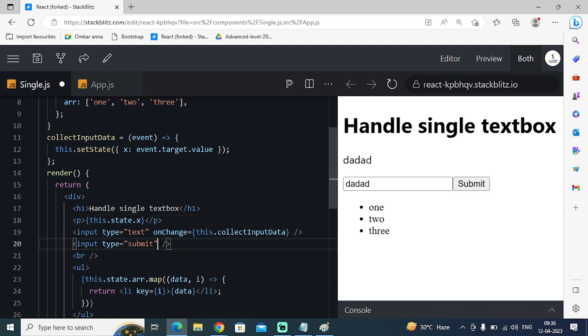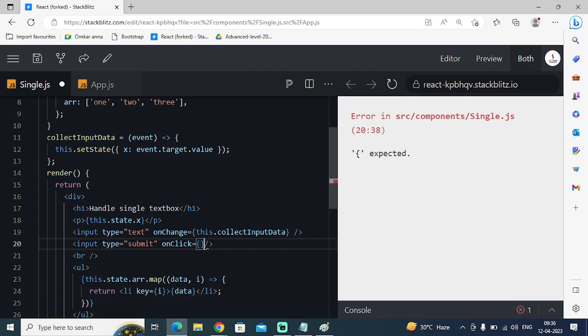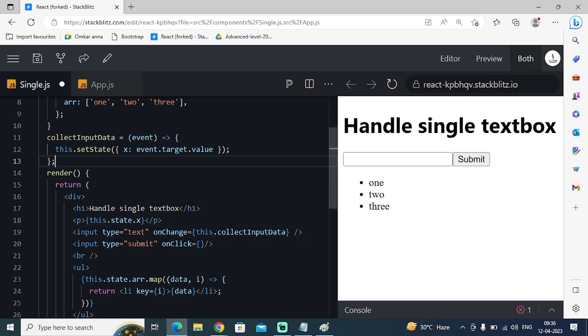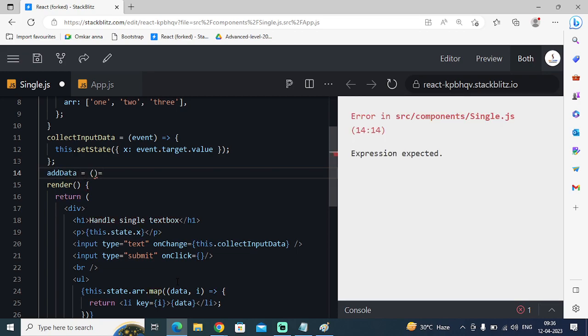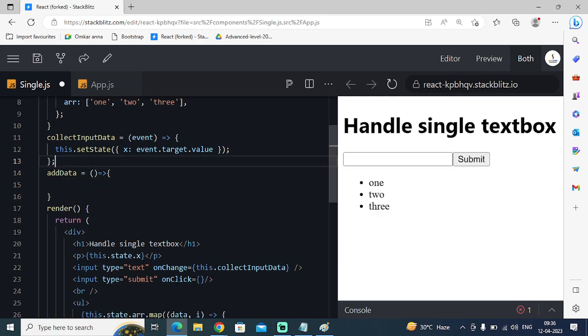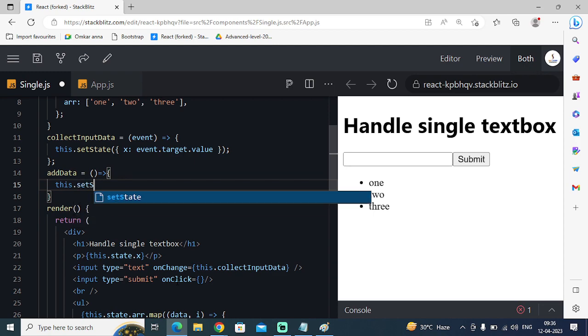Come here, place it on the click event, open interpolation and come up, add data, or just give your own names. Don't depend on me for these variable names. And here, this dot set state,